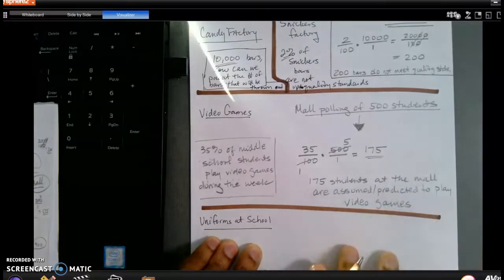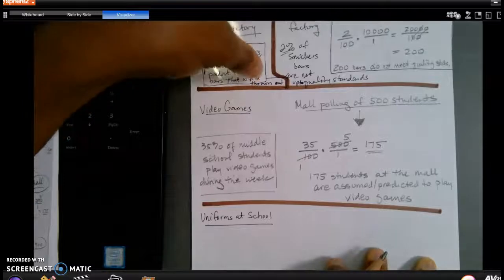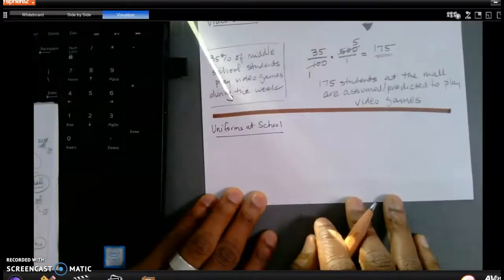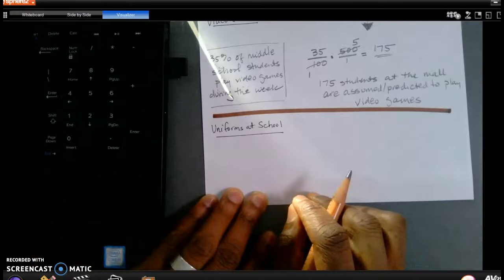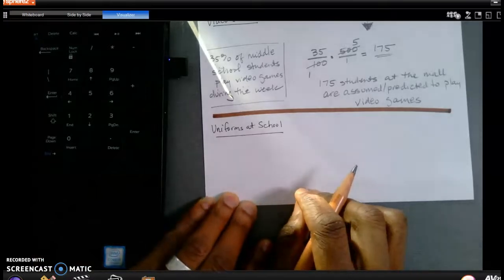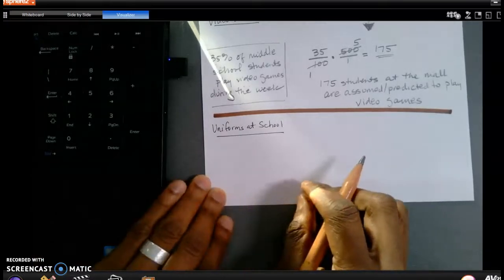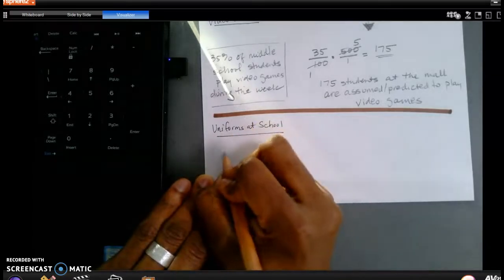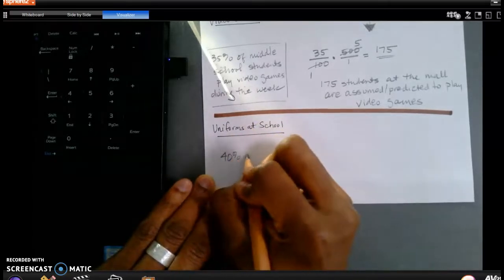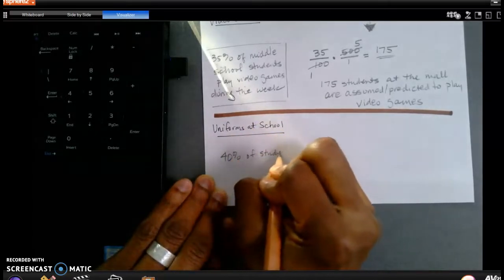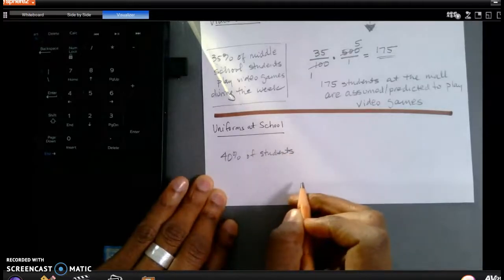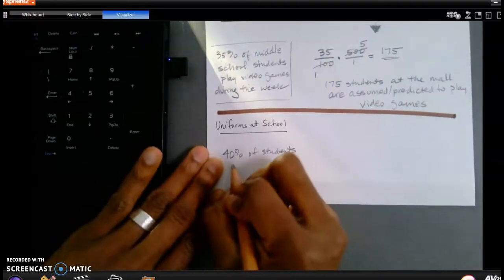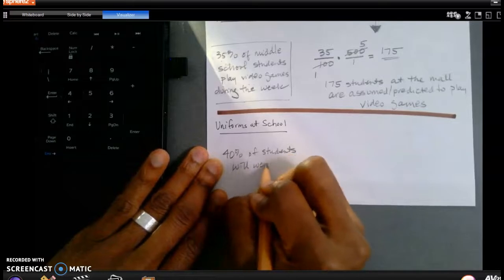Now, my last example, we're going to do something slightly different. We're going to set this up as a proportion. If setting it up as a proportion makes more sense to you, then that's exactly what we will do. Okay? So, uniforms at school. We estimate, or say Alvin ISD estimated, that about 40% of students, and this is a made-up stat, okay, I don't know this to be true, this is just made up for this example, 40% of students will wear